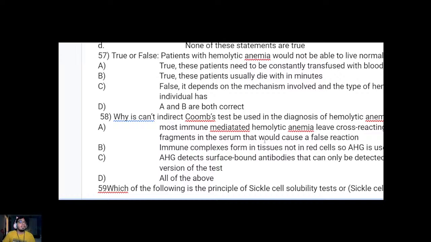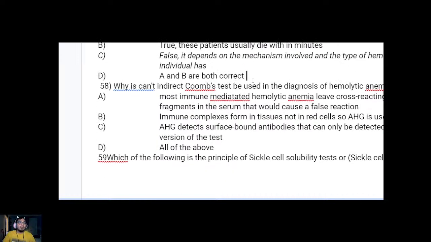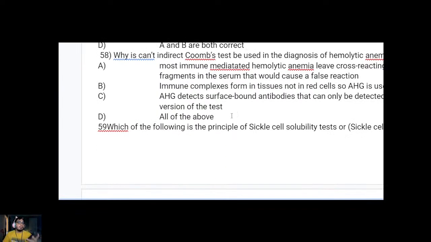Number 57 is patients with hemolytic anemia would not be able to live normal lives. That is false. It depends on the mechanism involved in the hemolytic type of anemia. Okay? Depende kung anong klaseng hemolytic anemia siya. Kung hemolytic disease of newborn yan, that person will not be able to survive. But if it is one of the other ones that we've discussed, the person could live a normal life. Sometimes the onset will not be seen until later in life, like cold hemolytic anemia. Okay? Next,